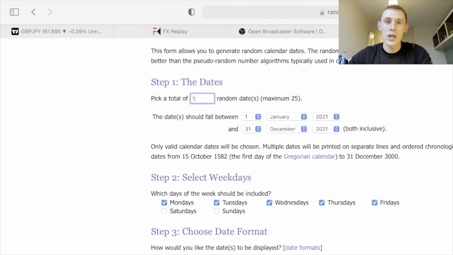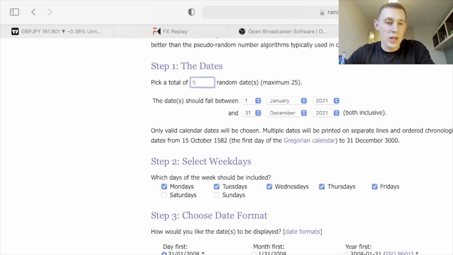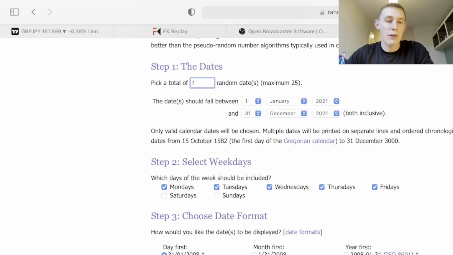So first of all, I thought I'd pick a random date, so you know that I'm not just going to go to a specific date that I've already backtested and then just play price from there. It is going to be in 2021 because any further back you can't really go to the lower time frames, and any further forward than that is too recent, and I'd probably be able to remember the price action, so it wouldn't be fair. So if we first of all just get a random date,